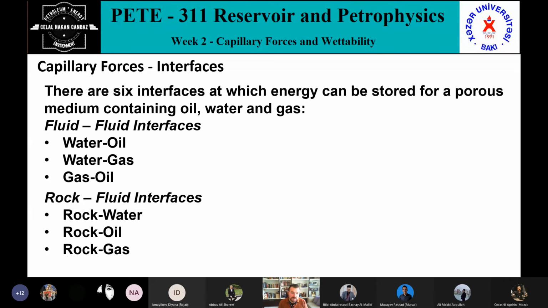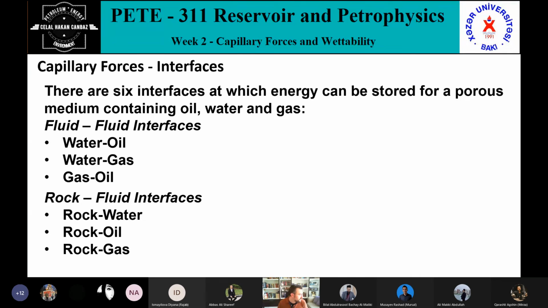The same thing is possible for water and vapor as well, right? So the interactions between these 3 phases are very important with each other, first of all. And the second one, their interaction with the rock. Okay, they are also in contact with the rock surface, right? Oil, water, and gas in contact with the rock surface. So they have another interaction with the rock. Actually, the type of rock and the tendency of rock to choose a fluid, to like a fluid, is very crucial because it totally affects your recovery factor.